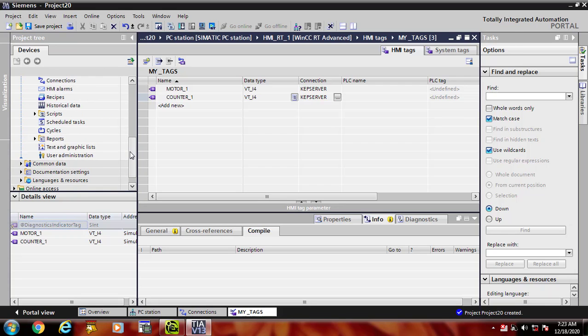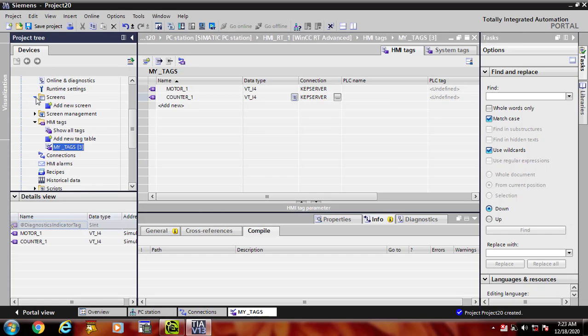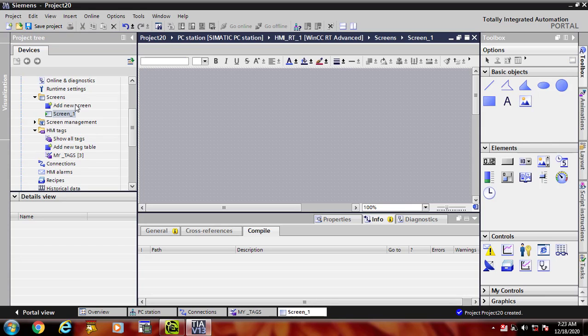Now I am going to create screens. Yes, this is screen. Add a new screen, click on it. When you click on it, a new screen will be created.